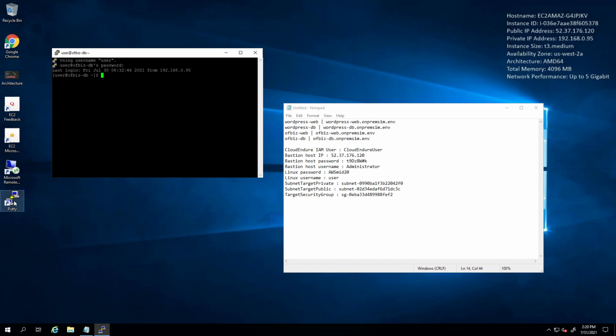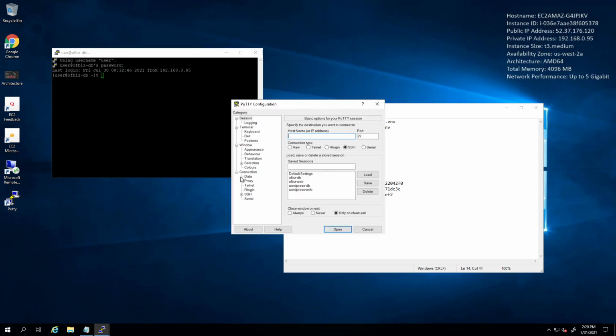Because you'll be doing the same steps of installing the Cloud Endure agent on all four servers, I would recommend opening all the servers in PuTTY and keeping them side by side so you can run the same commands on four servers one after the other easily.